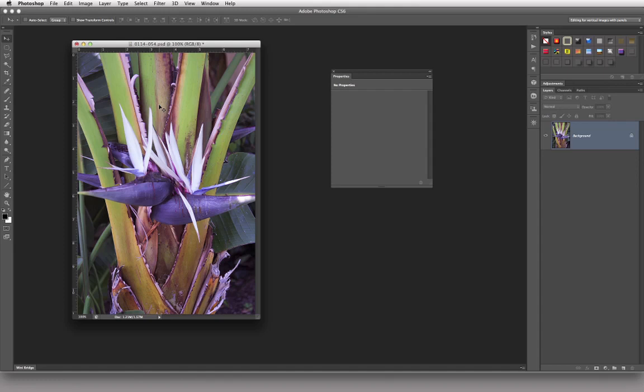in the stalks of the plant. So what I want to do is add some yellows and greens to this, and I'm going to use an adjustment layer to do that. Now, before I do that, I'm going to create a selection of the purple flower area here so that my adjustment is not going to affect the purple flower, but